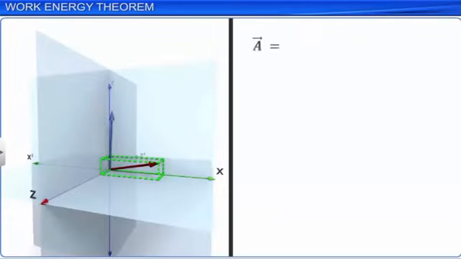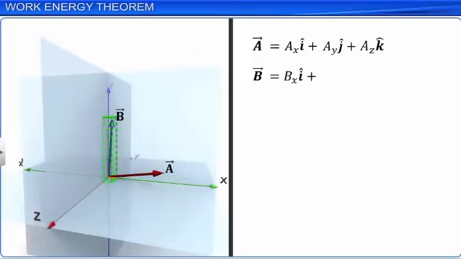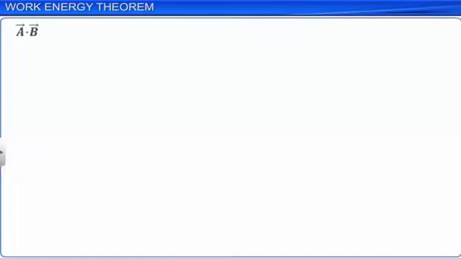If two vectors A and B are expressed in terms of their components along coordinate axis AX, AY, AZ, BX, BY, and BZ respectively, then A dot B is equal to (AXi + AYj + AZk) dot (BXi + BYj + BZk),